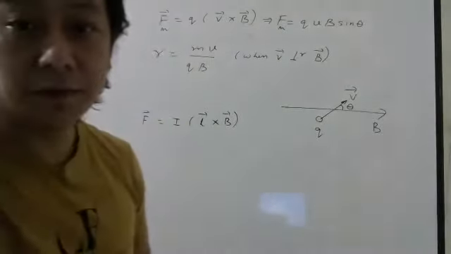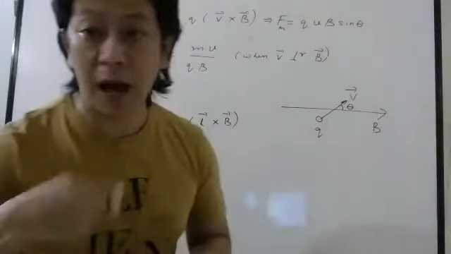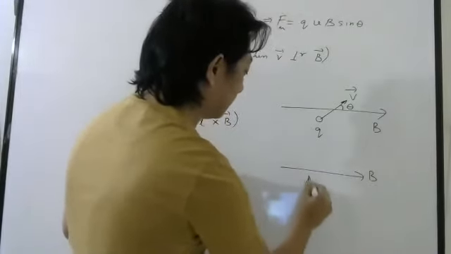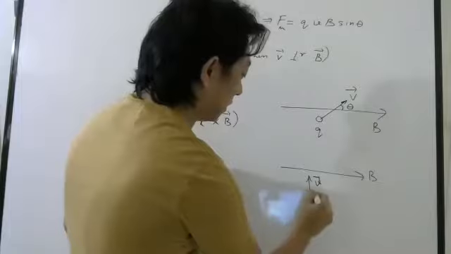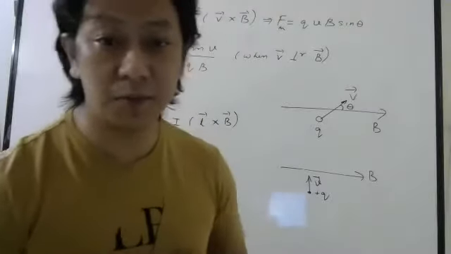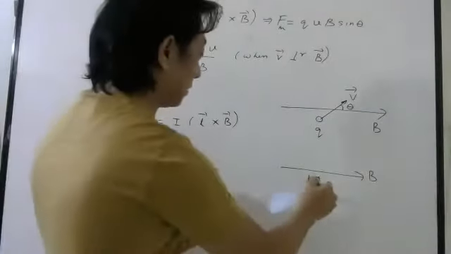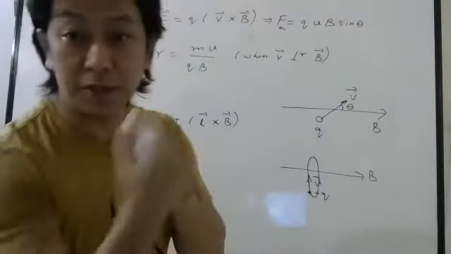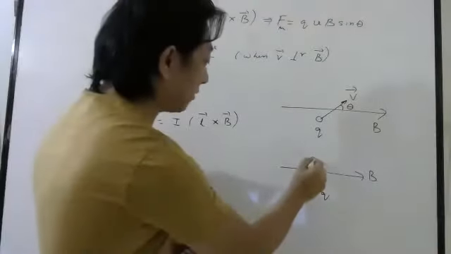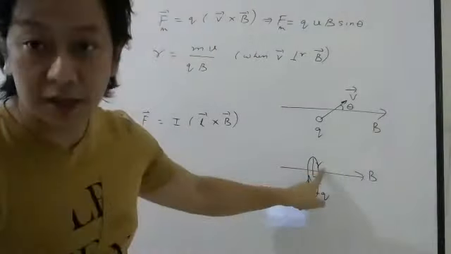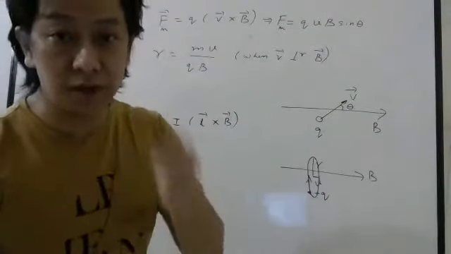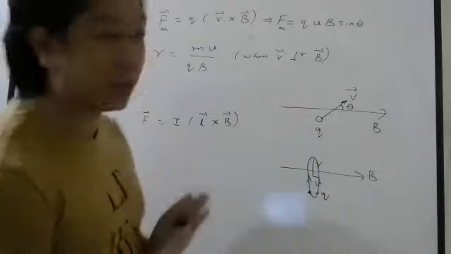Okay. Now, do you remember in what kind of path the charge will move if it comes perpendicular to magnetic field? If the charge comes perpendicular to magnetic field, then what kind of path does it move in? Circular path. Okay, like this. So it moves in a circular path around the magnetic field, and the radius of that circle is given by this formula, mv by qB. Please memorize the formula, mv by qB, mv by qB, like that you have to say many times.